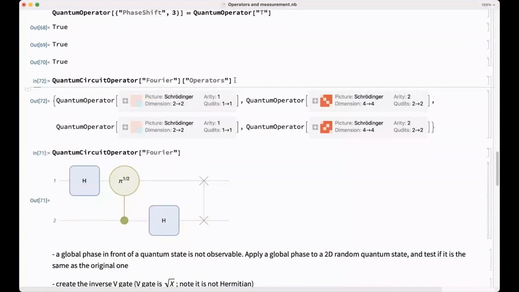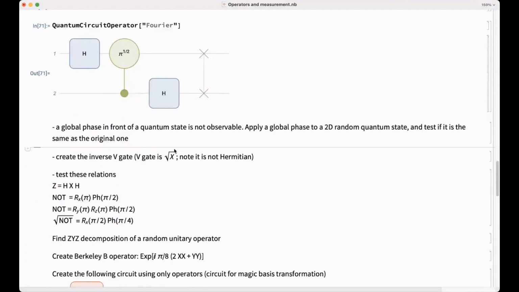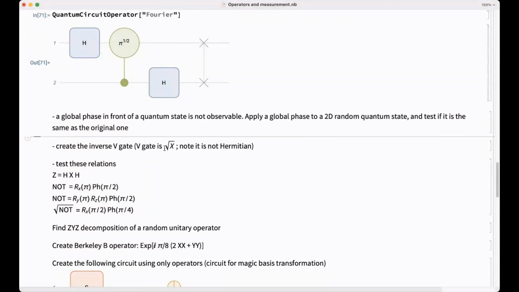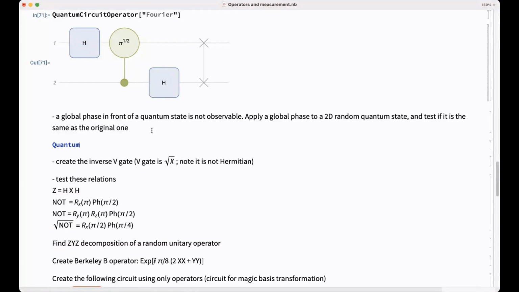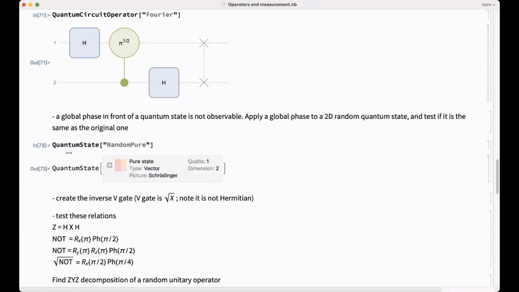Okay, so let's see, next question. It would have been much better if we discussed it immediately after the Pauli power, but anyhow, we can also discuss it here. Remember, an overall phase in front of a quantum state is not observable. So if you add a global phase in front of any quantum state, you can easily test that. Let's create a quantum state,